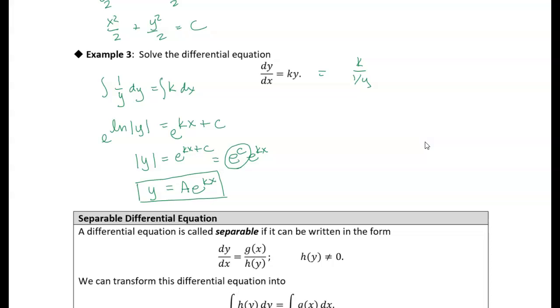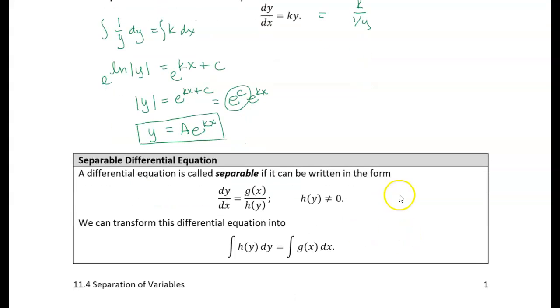That's the same thing. So even though it doesn't really look like a ratio of two functions, we can actually transform it into a ratio of two functions. And that allows us to solve a differential equation if the variables are separable,